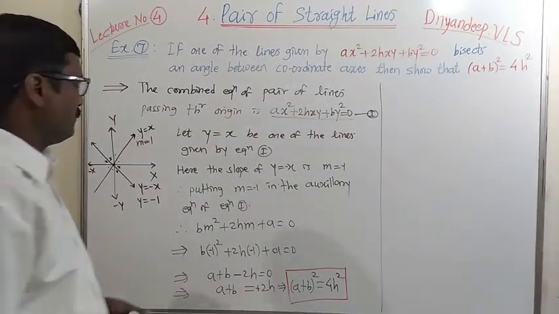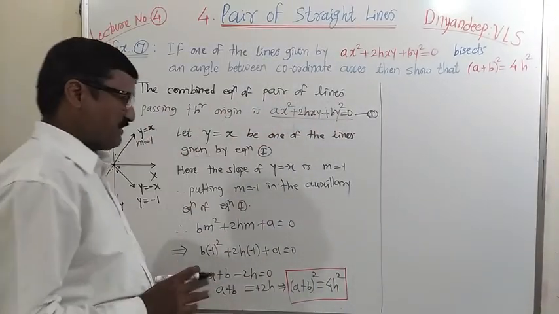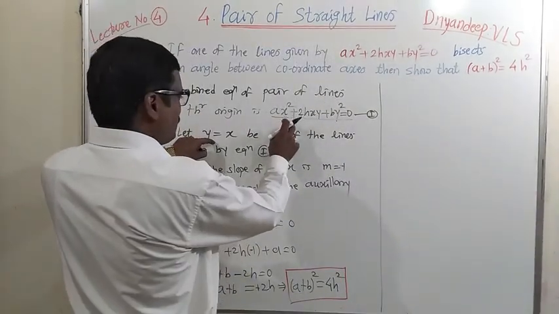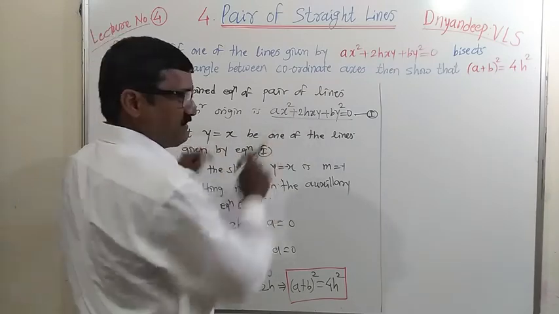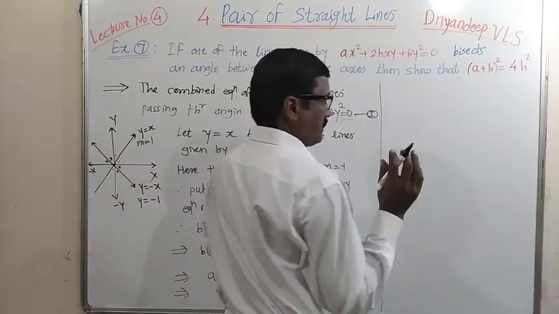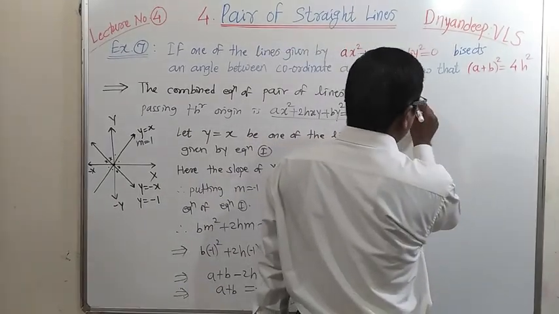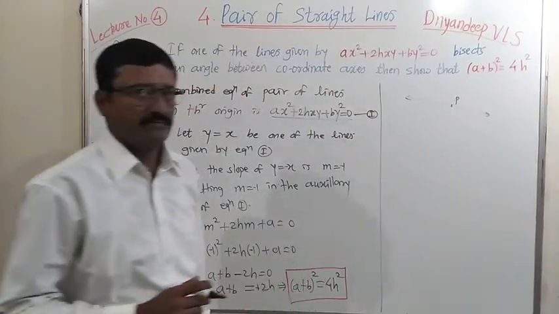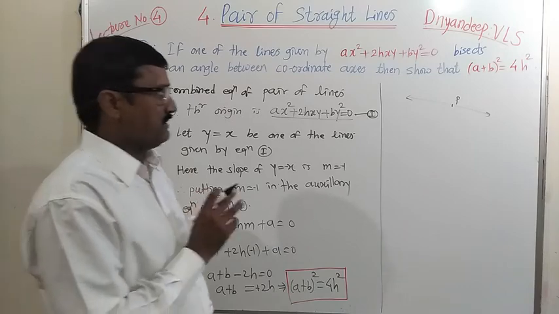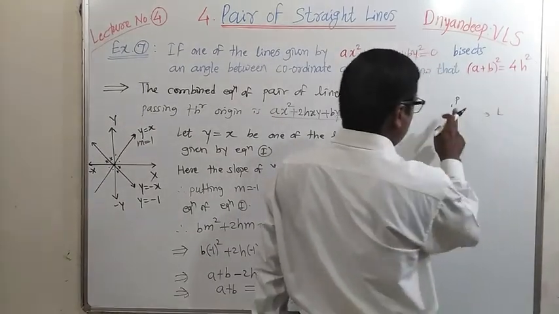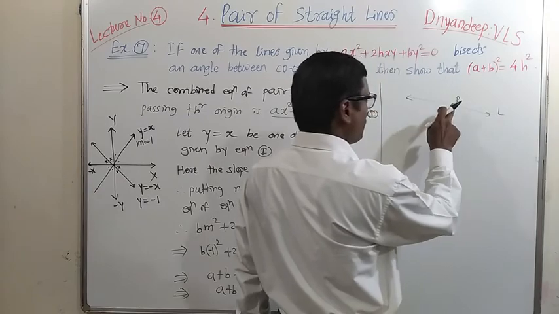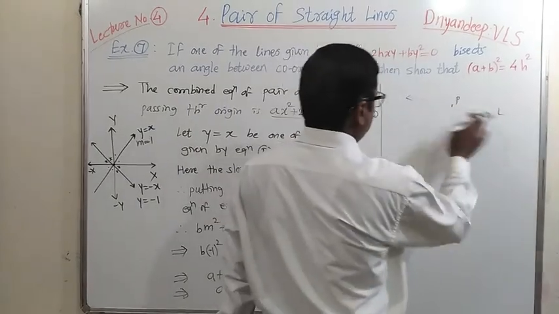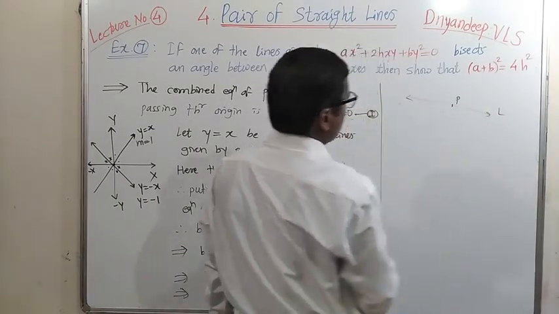In the other method, what will we do? We will put y equal to x directly in this. Why so? Because this line is one of the lines of these two. Means this line is a part of this curve or locus. Let us see one example. If we take a line, then this point is part of that line. Whenever a point is part of a line, obviously this P is one of the points of line L, because line L is formed by these points.